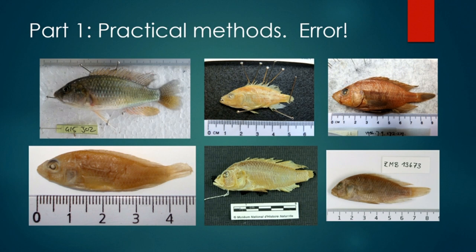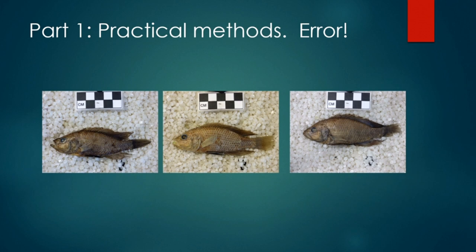So, for example, all of these photographs were taken by different photographers, different cameras, lenses, levels of zoom, and distance from specimen to the lens. Some are angled, and the scale bars are sometimes near the edge of the image, so it'd be incorrect to make conclusions from results obtained from these photographs. However, these images all have the same level of zoom and same distance from camera, and they would be suitable